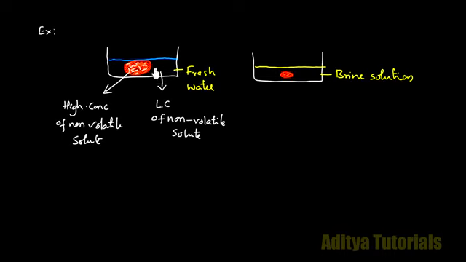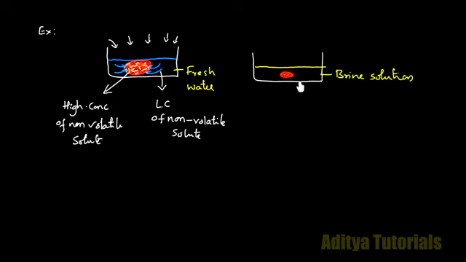And therefore, the vapor pressure in the fresh water is higher as compared to in the blood cell. Because this container is sealed, there is a 1 atm atmospheric pressure outside, therefore a constant atmospheric pressure. Compared to that, the vapor pressure of the fresh water is more than inside the blood cell. Therefore, the fresh water moves inside the blood cell through the semi-permeable membrane, that is the cell membrane. And therefore the blood cell swells and becomes larger in size.